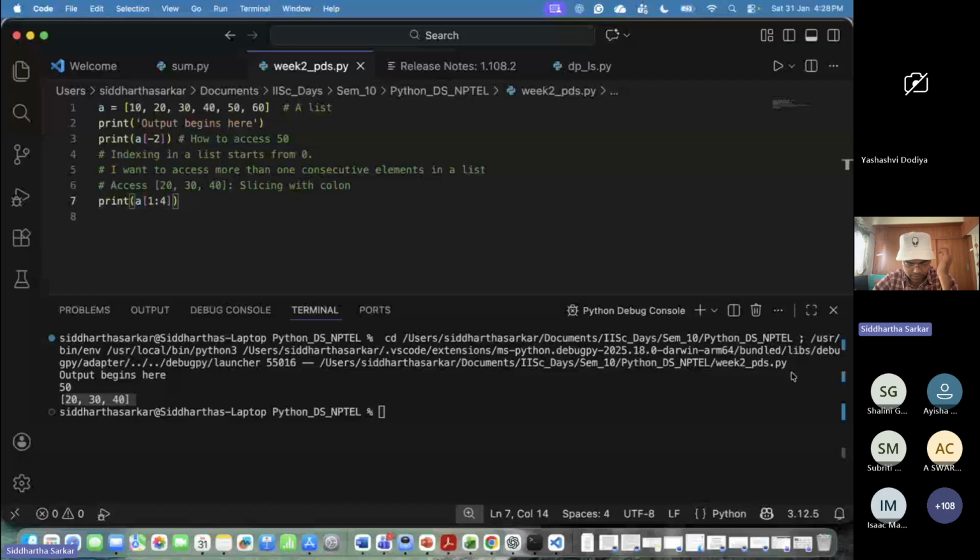Okay, so we have seen slicing. Okay, so next what we will see. So this is, I think, a basic primer on lists. So next we'll see how to work with